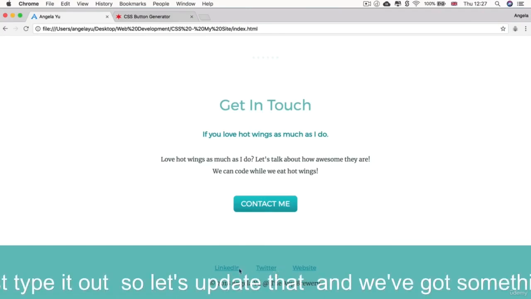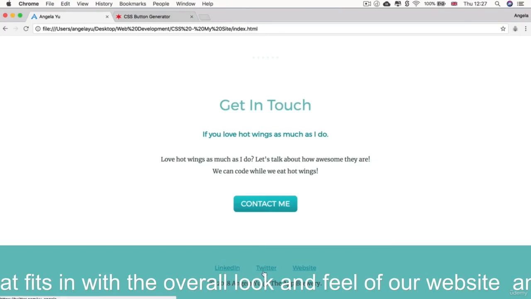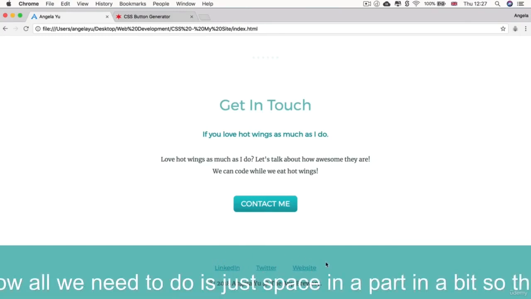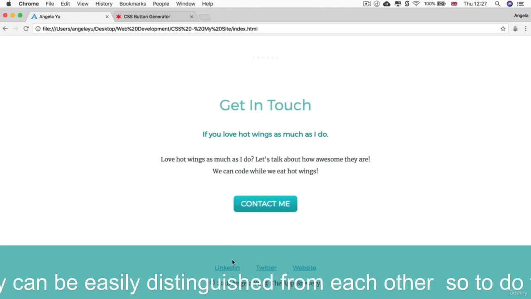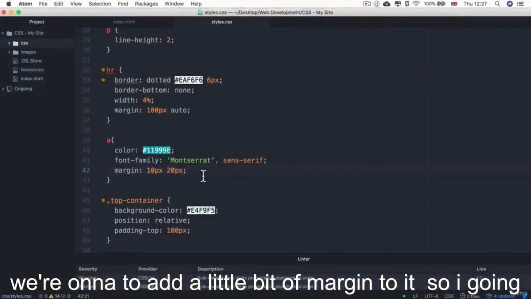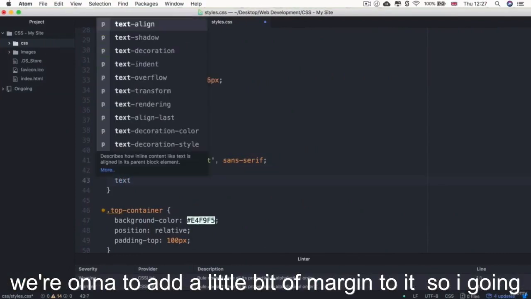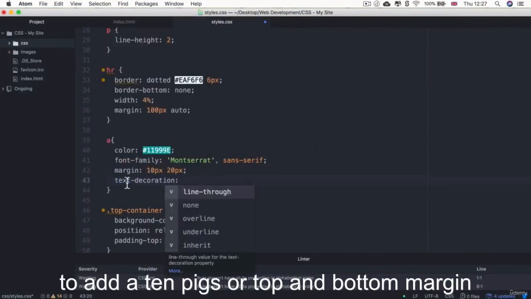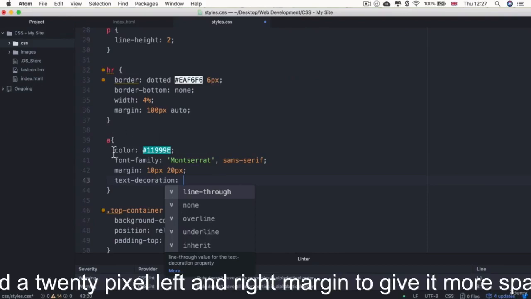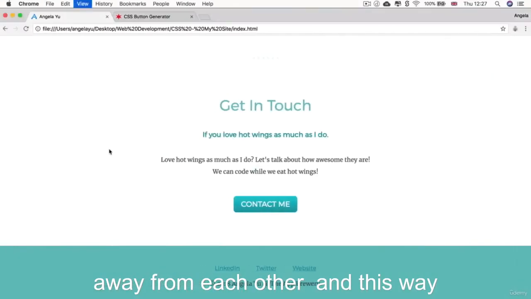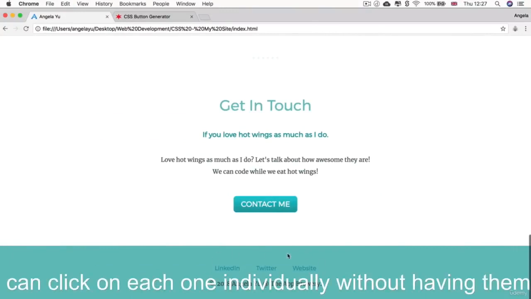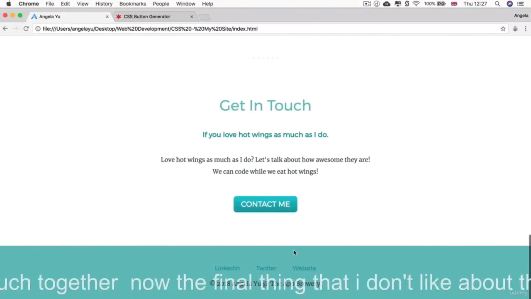Now, the final thing that I don't like about this look is that by default, all anchor tags have an underline that shows you that this is clickable. Now, I want to show that in a different way by changing the hover state. So I want to get rid of this underline. And I can do that by changing the text decoration, which, remember, the browser automatically makes it underlined for all anchor tags. And I'm going to change it to none. So now we update that, that's gone, and that looks a lot nicer,